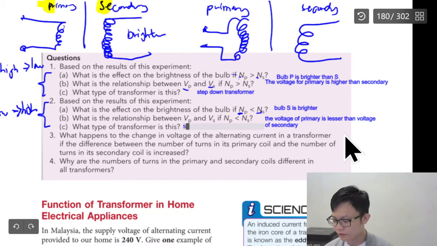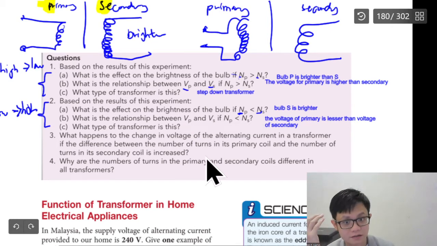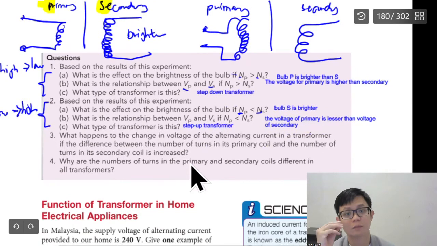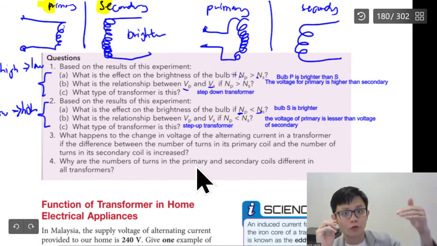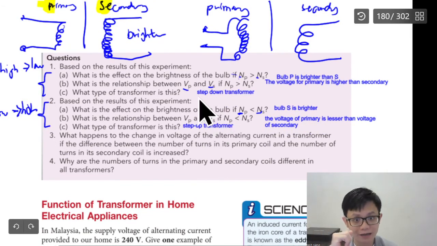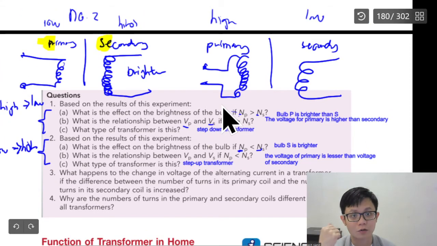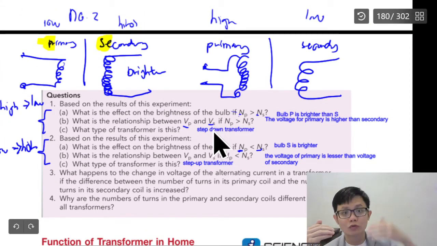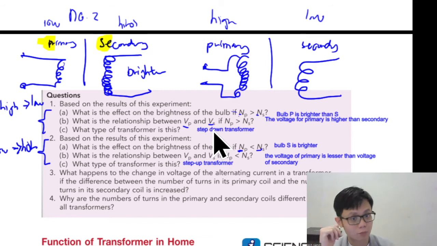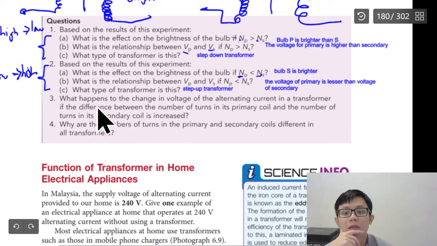Correct. Okay, so this is a step up transformer. Why step up transformer? Because it produces from lower input to higher output. Why step down transformer? Because from higher input to lower output. Okay, what happens to the change in voltage of the alternating current in the transformer if the difference